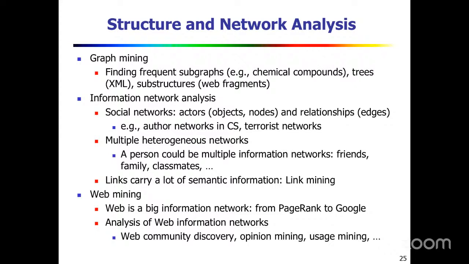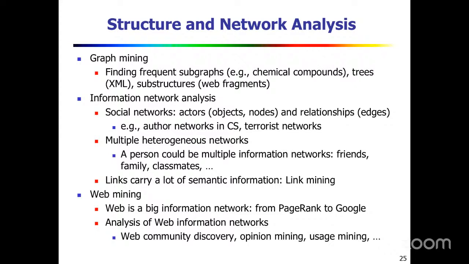Next area we have information network analysis. We all know that one, social networks, that is actors, objects and nodes, and what type of relationship is there, represented with the help of edges, objects and nodes. Those are connected with edges. We used to say relationships. For example, author networks in CS, terrorist networks. When it comes to the police department or military,